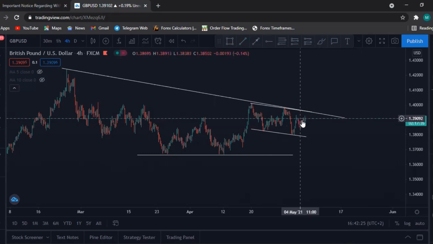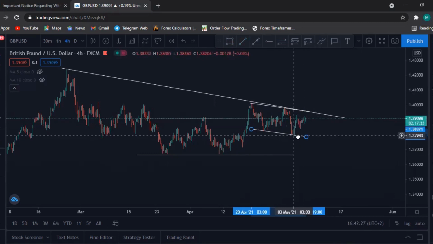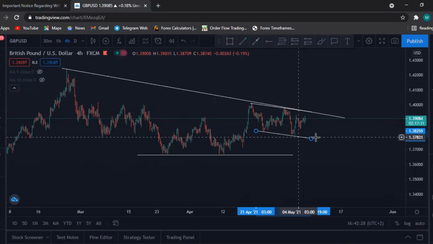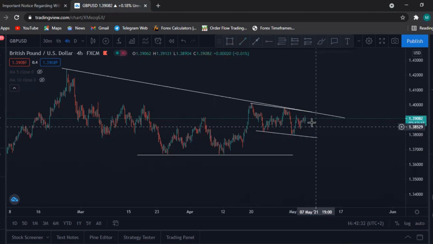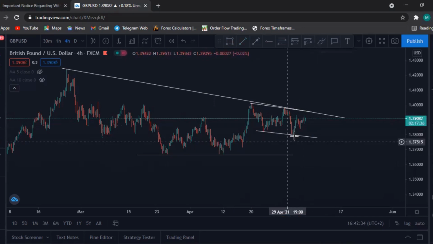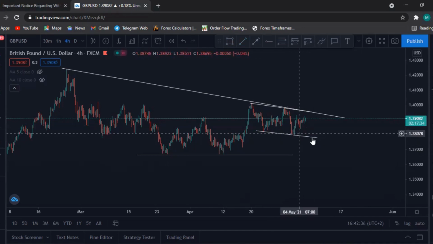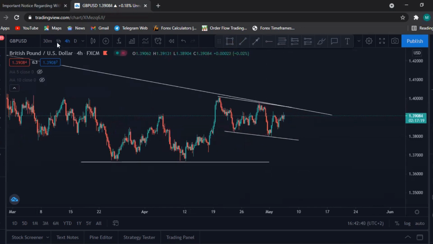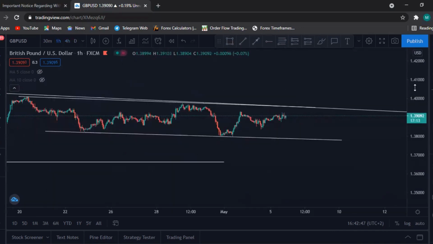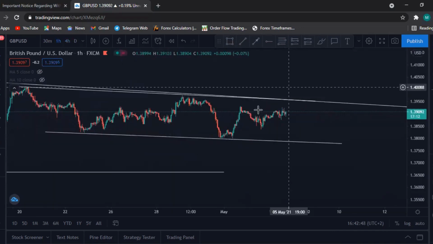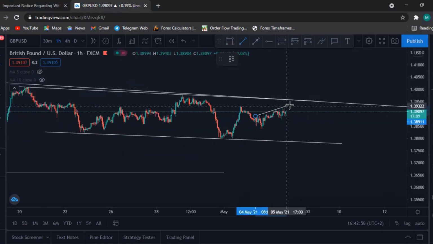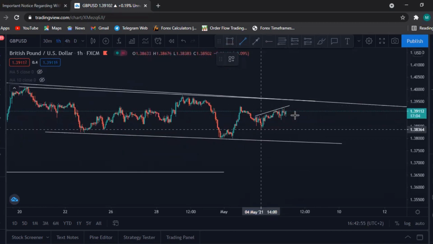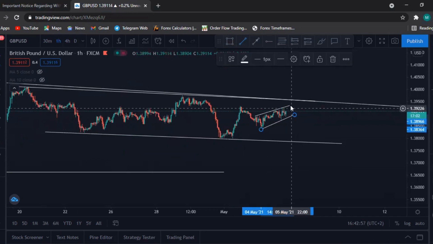But then before we can commit to the upside, now we have this thing that we call the third drive pattern. So third drive, theory-wise, we still need to make this low before we can push up. Now, this will present us with the next probable short-term movement of the pound dollar. So we're able to decide on price action. So we connect this,